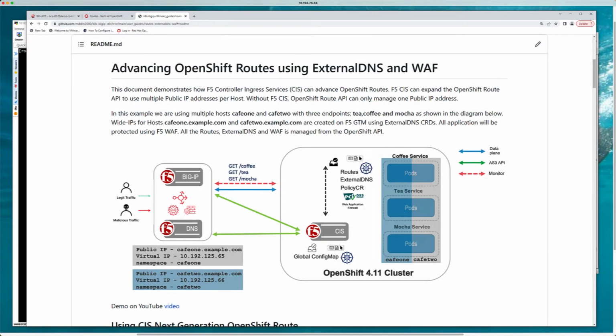Today's video is going to talk about advancing OpenShift routes using a combination of DNS as well as security policies. In this case, it's going to be WAF. So this document demonstrates how CIS can really advance your OpenShift experience. And so the biggest thing about CIS is being able to expand the OpenShift route API to use multiple public